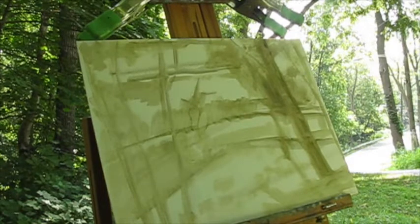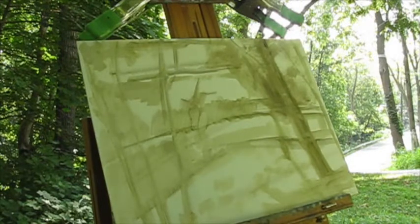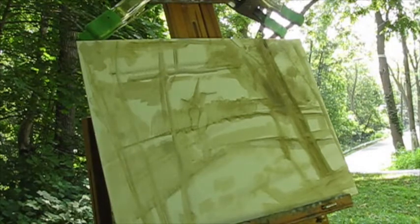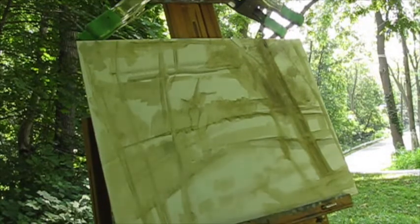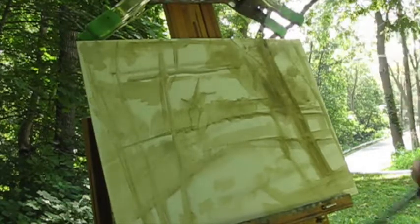Stage 1, my blocking is done, and now I'll start to play around with massing in the colors. The quicker I can mass everything in, the sooner I can see how the entire painting is going to look, and then I can start making adjustments from there. I can't really tell how bright something is unless I can see how dark something is, so I have to get this